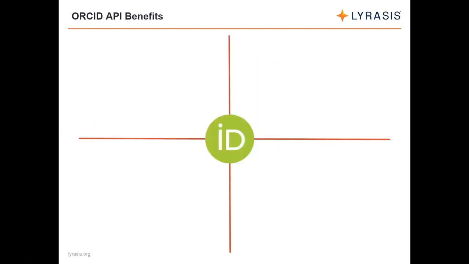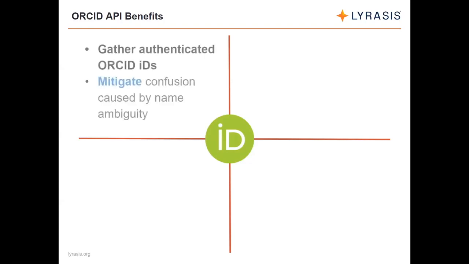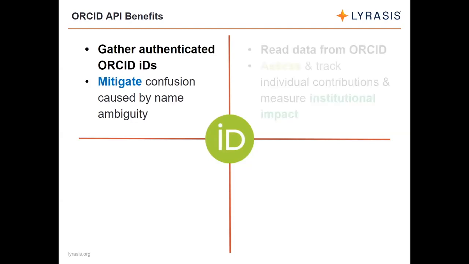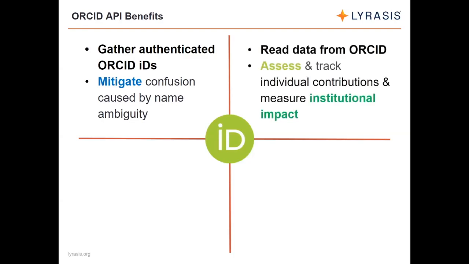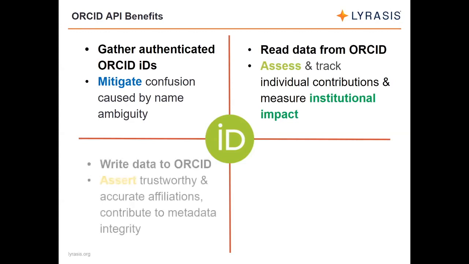The main benefit of institutional ORCID membership is access to the ORCID Member API, which can be integrated into local systems in order to mitigate confusion caused by name ambiguity by gathering authenticated ORCID IDs for researchers, assess and track individual contributions, and look at aggregate activities toward institutional impact by reading data from ORCID records, assert accurate and trustworthy affiliations, and contribute to metadata integrity across the research and scholarly communication ecosystem by writing data to ORCID records, and